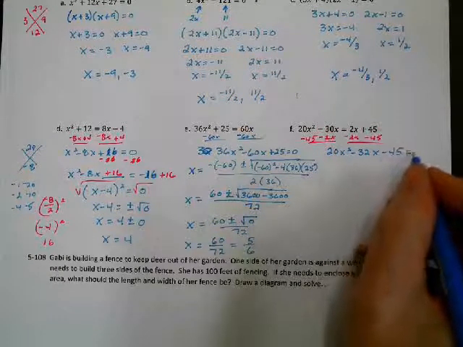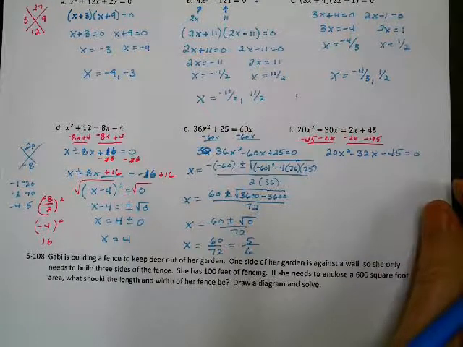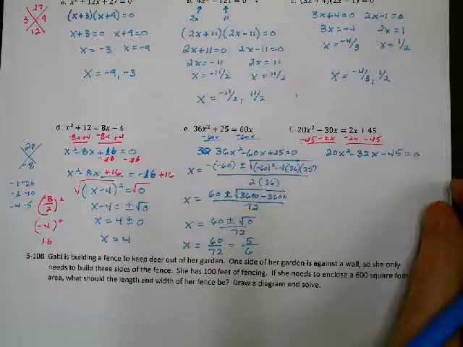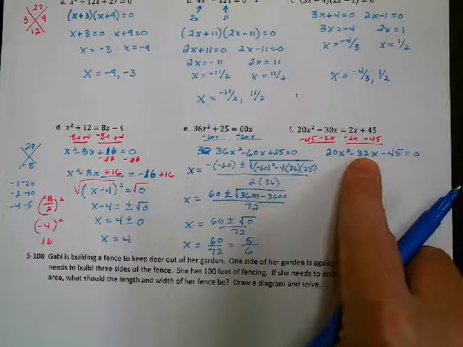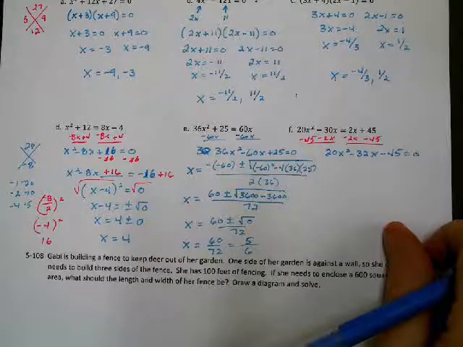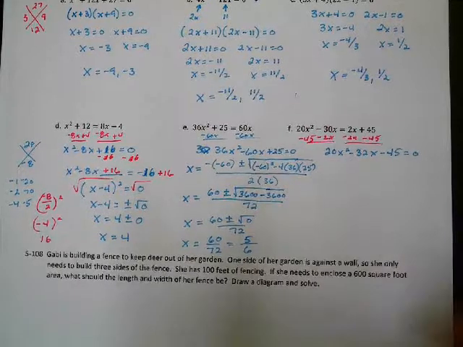All right, does it factor? Well, I don't really feel like finding out. It looks like the numbers are pretty big. I don't want to find out if 900 has factors that add up to 32. That doesn't sound like fun. I don't want to complete the square on this one. Even though the middle term is an even number, I've got a leading coefficient, so that doesn't sound like fun. Doesn't look like I can do a GCF factoring on here, so I'm just going to do the quadratic formula